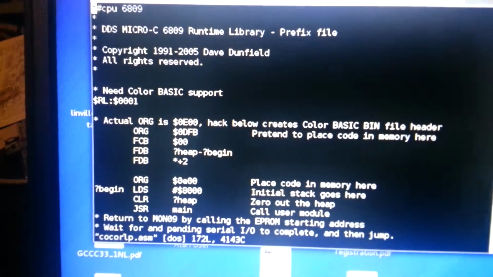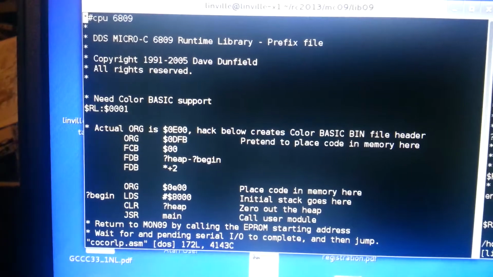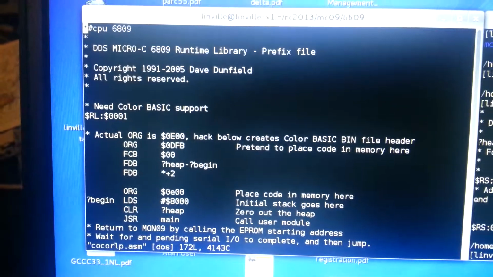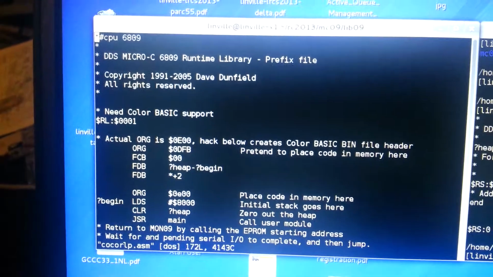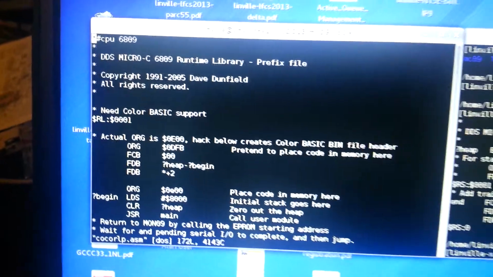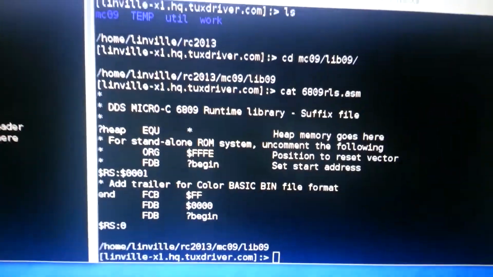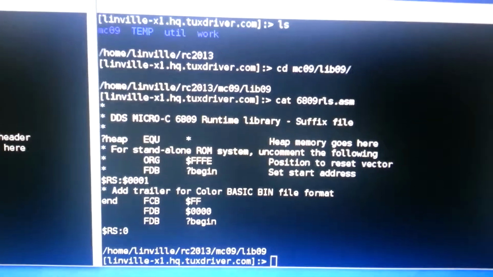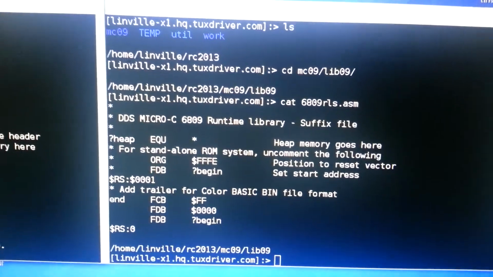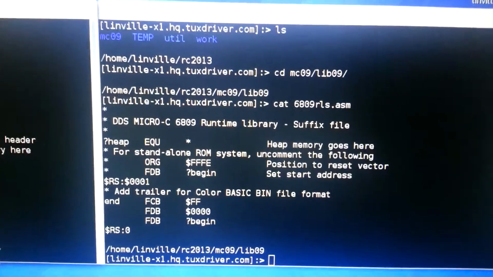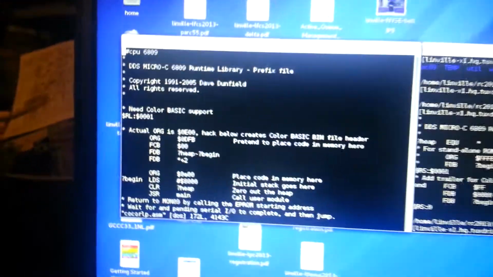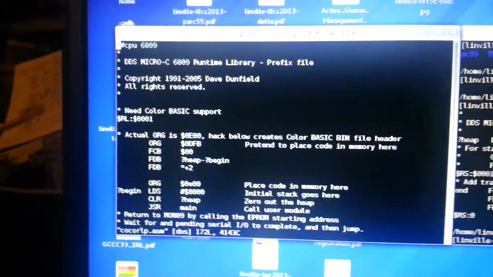You see I've got a different ORG statement and an FCB and a couple of FDBs to put some data in the right place for the header to point at the load point. And then this is in the trailer. Have another FCB and a couple of FDBs to point at the entry point. It happens to be the same place. There, the end minus begin is actually the size of the executable. Alright, so anyway,